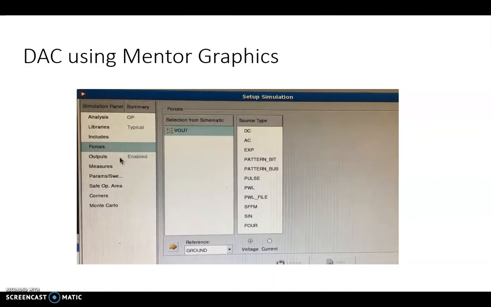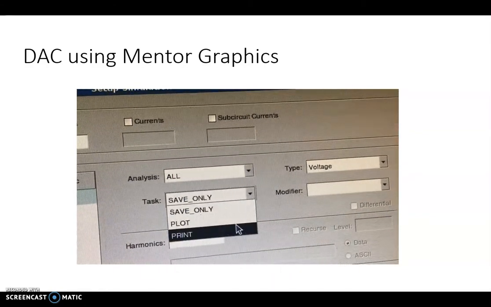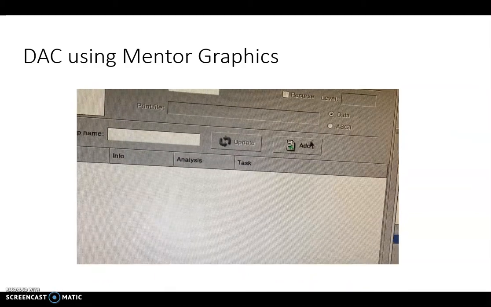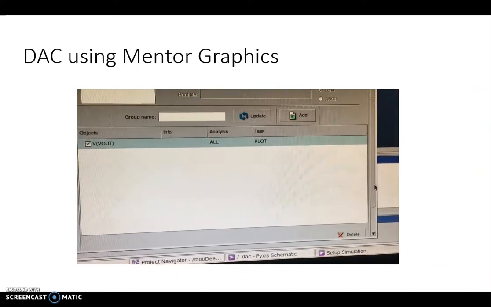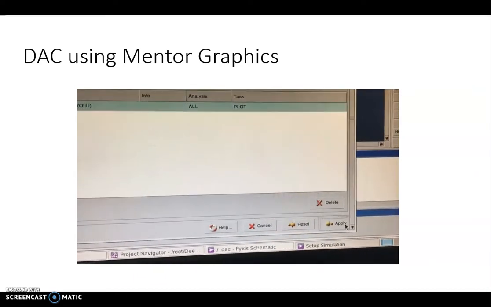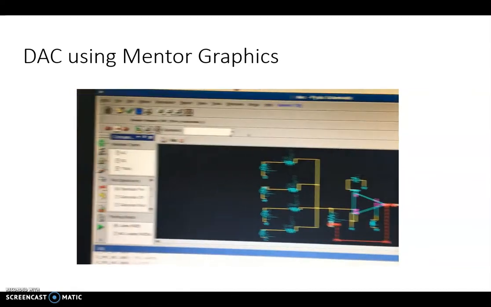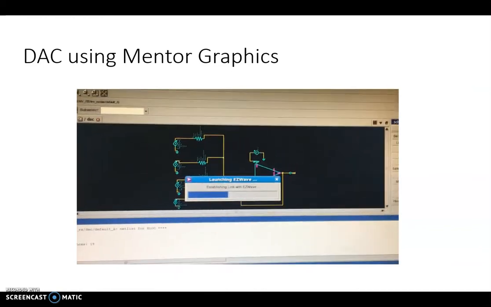Then click on outputs, select plot, then click on add, then apply. Now run the simulator.